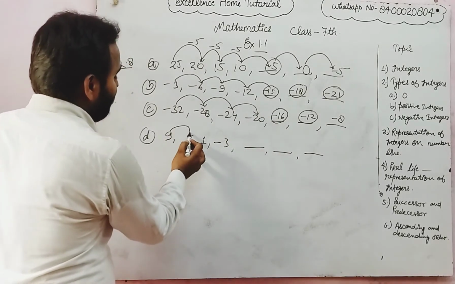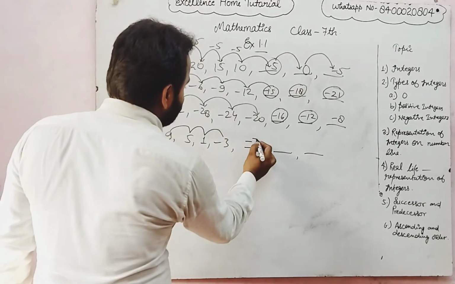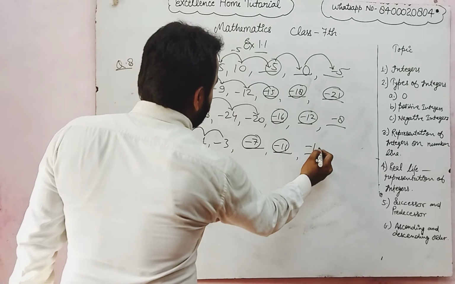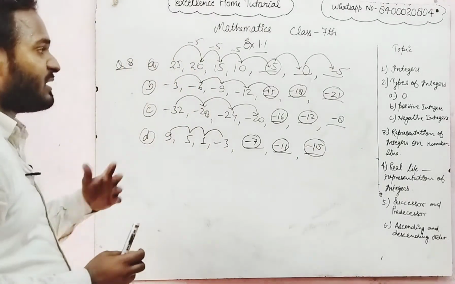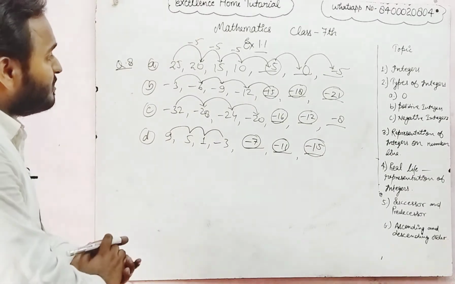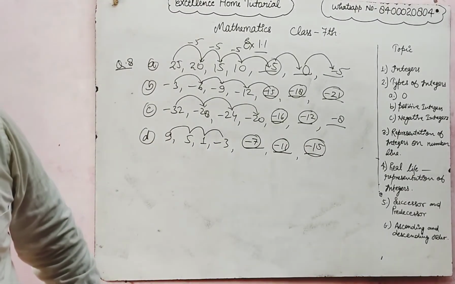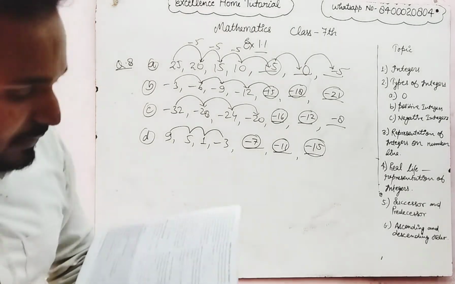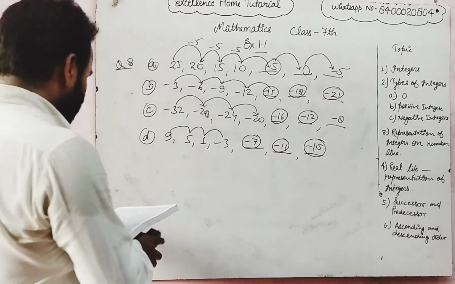यहाँ देखेंगे यहाँ 4 सब्ट्रैक्ट हो रहा है, है ना, तो यहाँ 4 सब्ट्रैक्ट होगा तो -7 हो जाएगा, यहाँ पे -11 हो जाएगा, ये -15 हो जाएगा, ठीक है ना। सिर्फ इतना ध्यान रखना है सीक्वेंस कैसे कैसे चेंज हो रहा है, उस सीक्वेंस के अकॉर्डिंग हमें नंबर्स को फिल कर देना है। टेक स्क्रीनशॉट फॉर दिस, after that we will solve another question, number 8, 9 and 10.